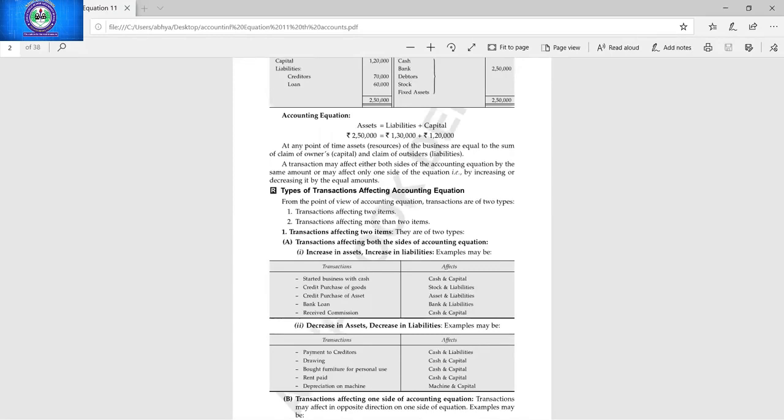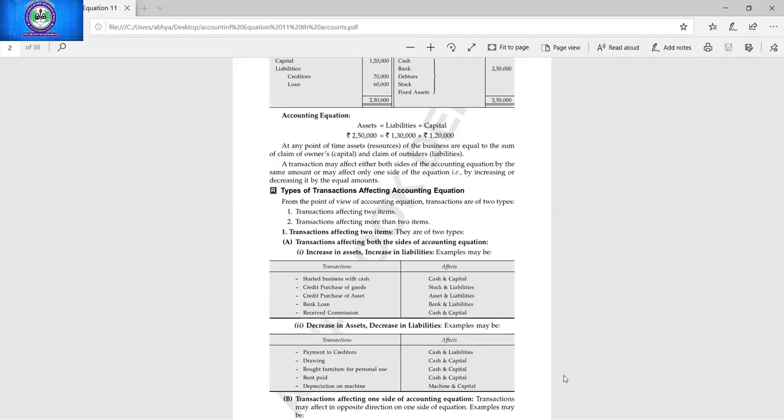So next transaction, that is goods sold for cash. This time, Khushi Arya, I am going to unmute you. Others can give me the answer in chat. Yes, Khushi Arya. Goods sold for cash. Could you please tell me which two accounts are there? First, tell me the name of the stock account. Cash. Yes, very good.